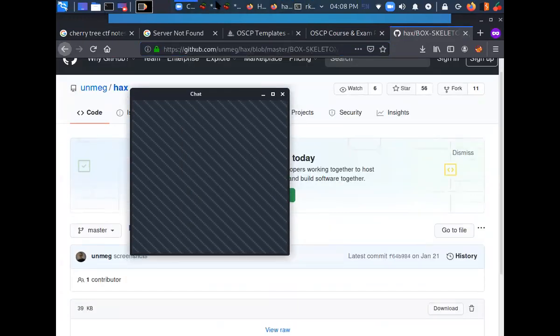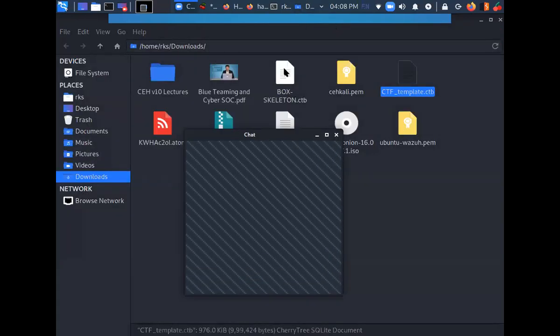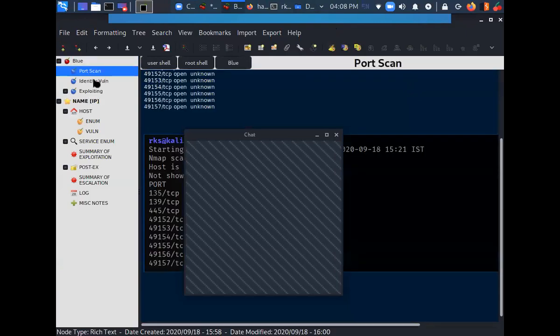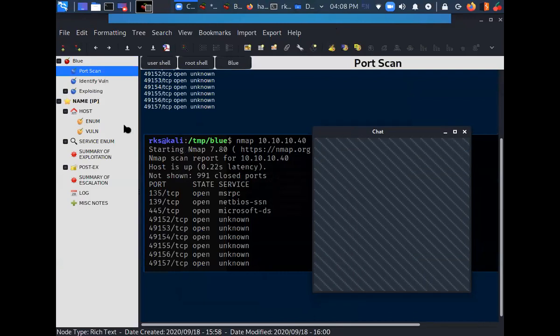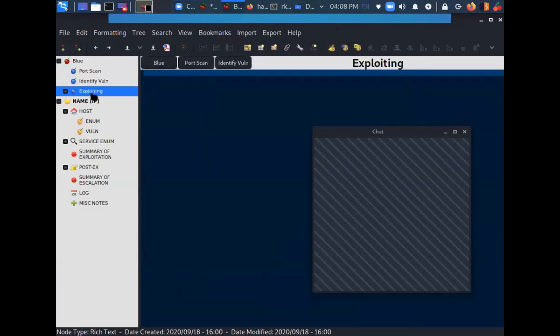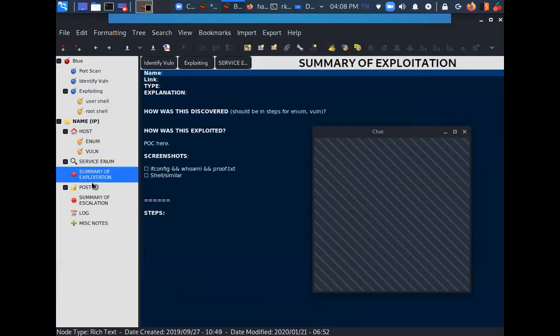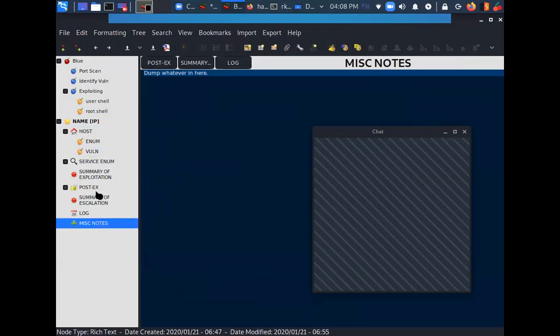I have downloaded this one as well. Let me show you. This is another template that you can use. So this is just like another way of organizing your stuff, nothing else. Okay. Identify port, exploiting, user shell, name, host, enum. So whatever suits you, you can use.